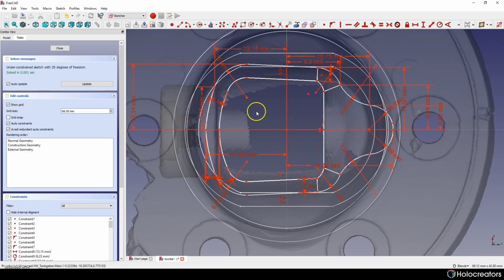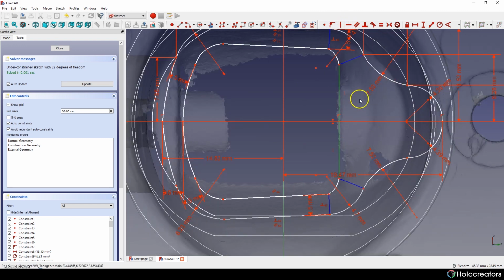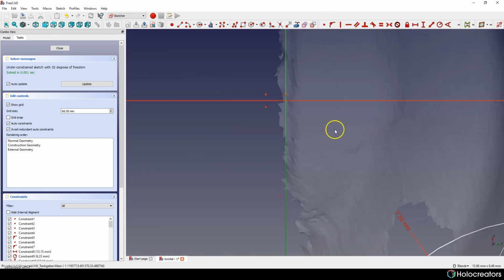One more thing, we need to make this line construction, and we have to manually attach these points just by doing this. Here, up. For some reason it doesn't want to work properly.